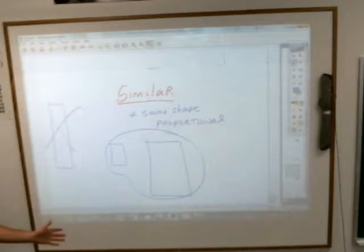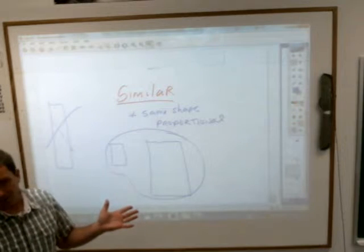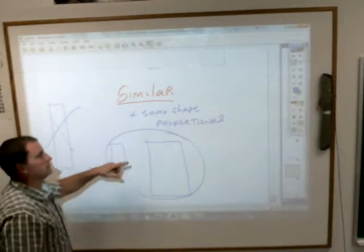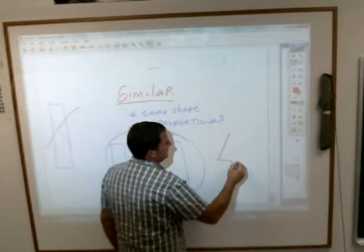All circles would have to be similar, because there's no way you can draw a circle that's different from that. All squares would have to be similar, because by definition of a square, all the sides are equal. But rectangles or even triangles, if I have a triangle that looks like this,